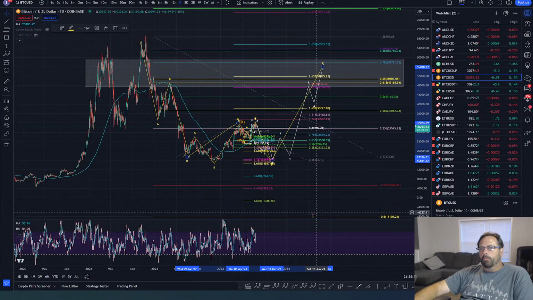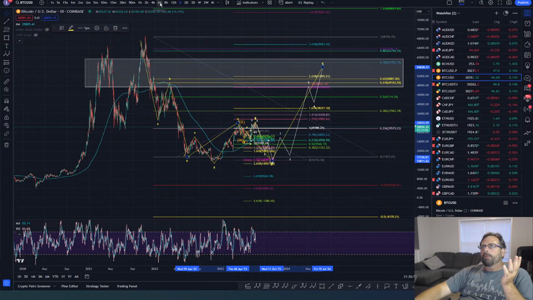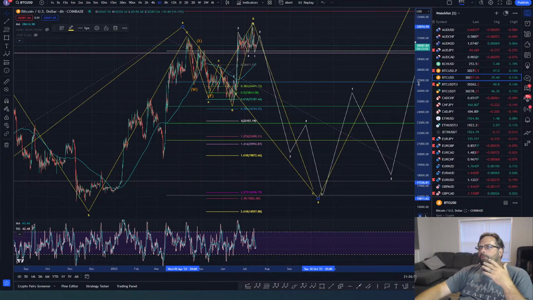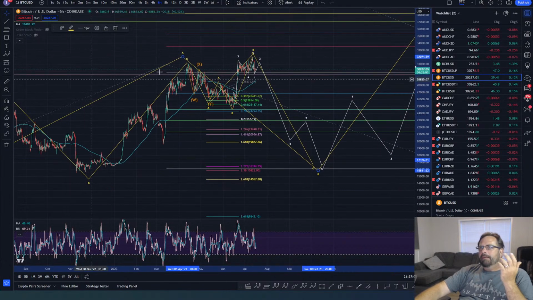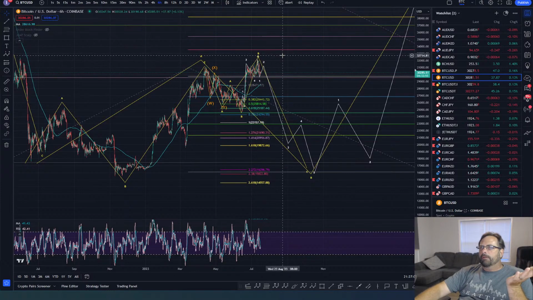Okay. So this is a possibility here we need to be aware of. I've just built a count, a structure that is possible from an Elliott wave perspective. Whether it plays or not, it's another story, but it's an idea that we need to at least be aware of. So going back to the small time frame, you say, okay, what would we expect to see if this scenario is going to play out? What would we expect to see in current price action?